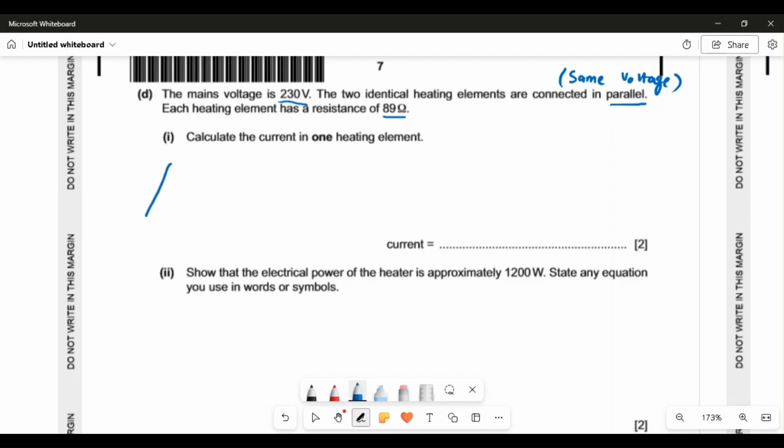For the current, we have a relationship that voltage V is equal to current times the resistance, or you can say current is equal to voltage divided by the resistance. Here we have voltage of 230 volt, because these two heating elements are in parallel, same voltage, and identical, same resistance 89 ohm. So we can simply divide them